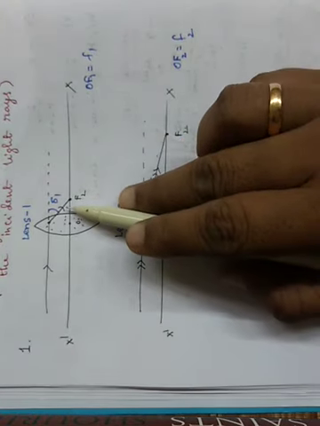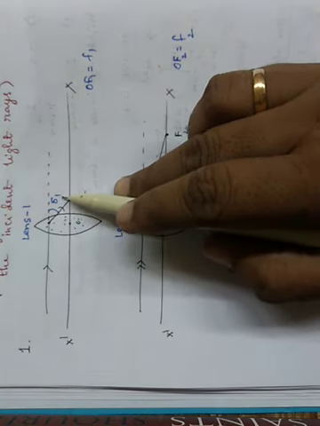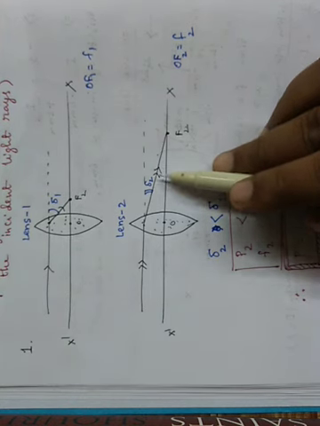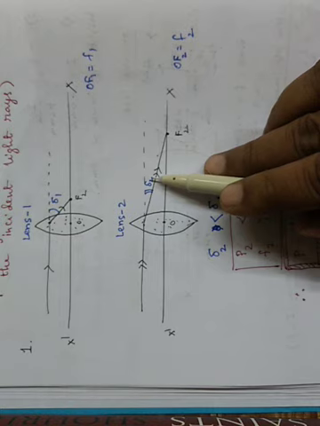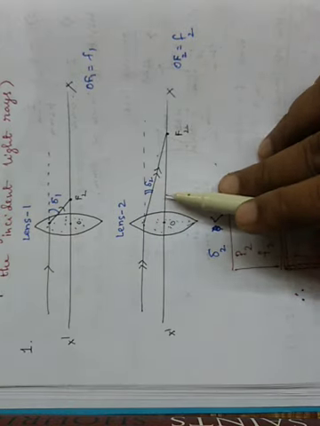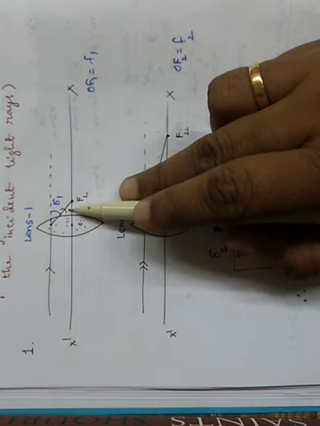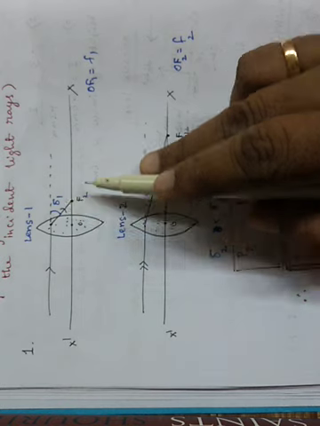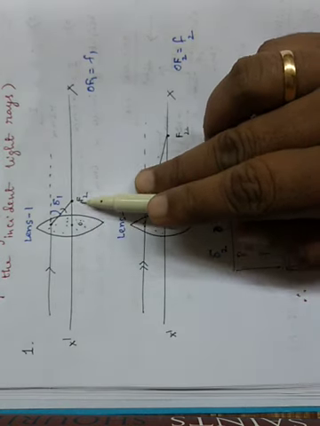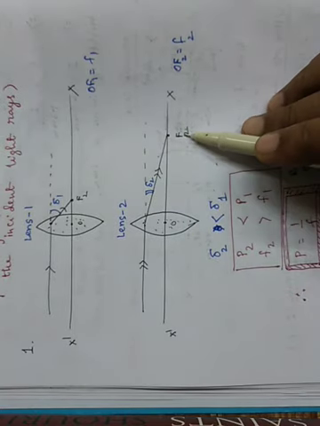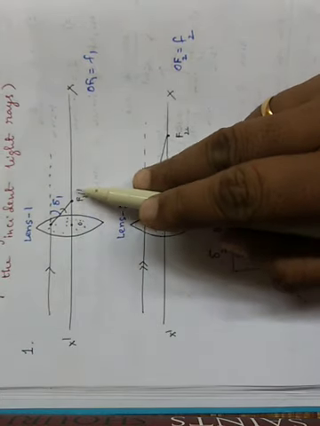Now you see here the refracted ray bends from its original position by making an angle delta 1. Here also you see the incident ray deviates from the original path through an angle delta 2. The figure itself says that lens 1 has more power than lens 2 because it deviates more, the angle of deviation is more. But again you mark it, the first lens has less focal length, the second lens has larger focal length. That means the angle of deviation is more in this case, the focal length is less.